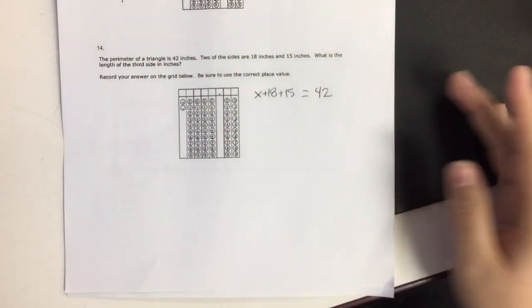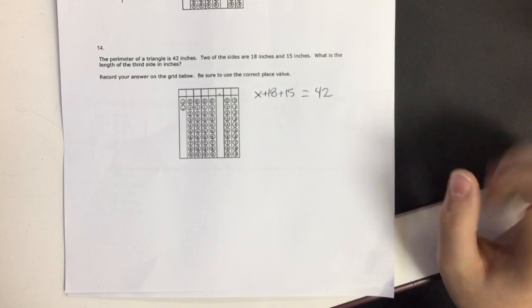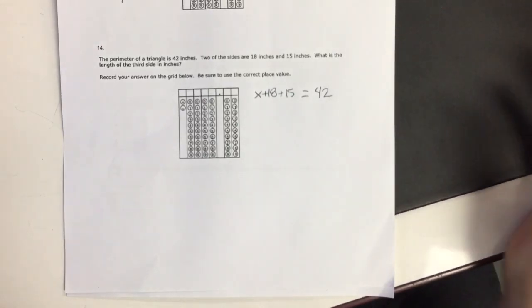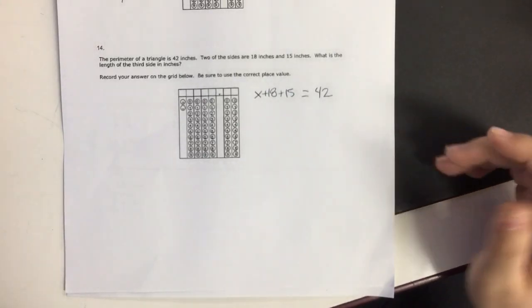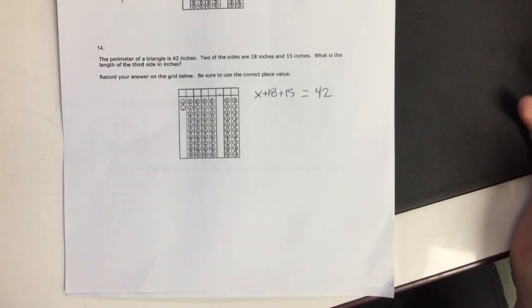Well, Miss Rust, you didn't teach us how to do our 1, 2's for 3 pieces. Well, how about we combine them? 18 plus 15 gives us, you guessed it,